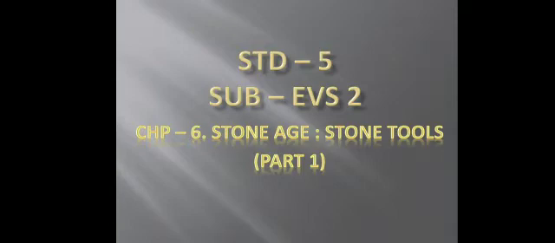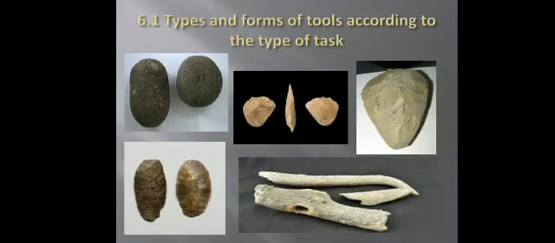So students, if we see any shiny object buried in the ground, what would we do to take it out? Perhaps we would scrape it out with our fingers. If that did not work, we might try to dig it out with a twig or a stick. That is a stick of a tree or some branch or some stick fallen beside you. We would take a stick and start digging the ground to remove that shiny object.